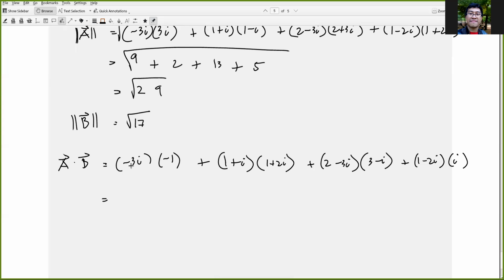Okay, 3 minus 3, so that's simply 3i here, plus 1 plus i times i, that 2i times i, so that's 3i minus 2, 2i to i here, plus here 3 times 2, that's 6, 2i, so negative 2i, negative 9i, so that's negative 11i,